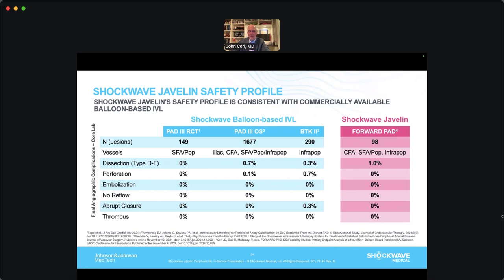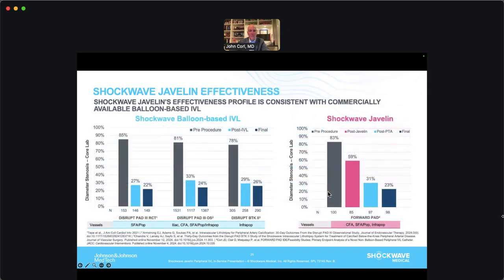This is what we've come to enjoy in clinical practice as well with the balloon-based. And I've seen it with the Javelin, haven't had any issues even post-approval, but you can see in the trial, excellent profile. When you look at effectiveness, again, you look at the charts with the balloon-based IVL, it really mirrors the Javelin chart. Of course, they squeezed in that pink column, which is just the post-Javelin